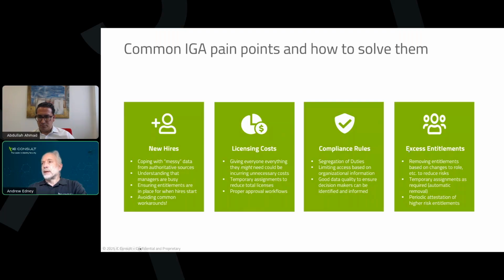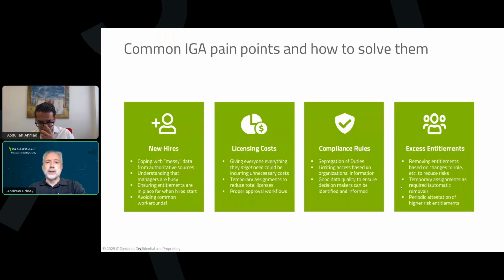And then the final thing is a standard problem you have, especially with people being much more aware of the risks that are involved. If you have somebody getting into your system, a bad actor somehow manages to get some access into your system, how do you reduce the amount of damage they can cause? Well, one thing is to make sure people don't have excessive entitlements. People build these up over time. If you move departments, it's like, oh yes, I know I'm an administrator of that system and I don't need to in my new role, but I'm still handing over that role to somebody else who's taken over from me, so I need to have access a bit longer.